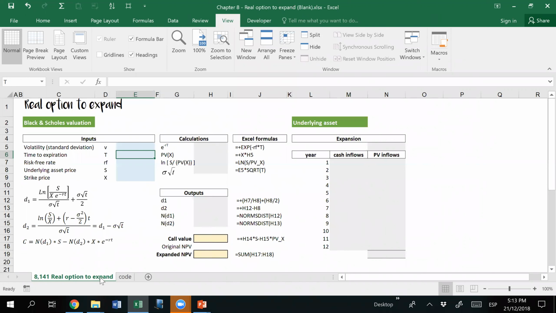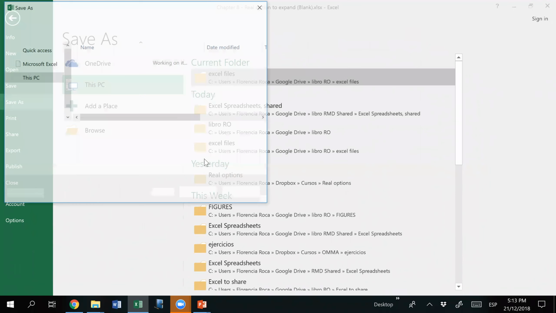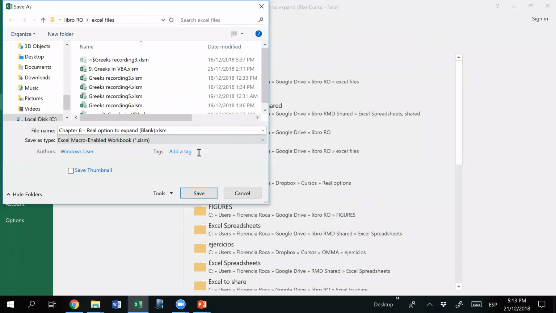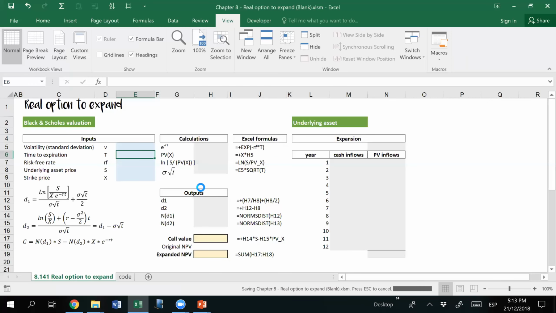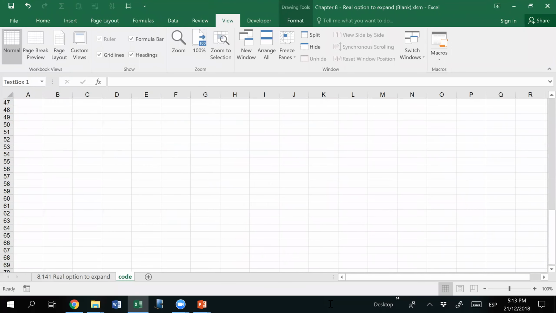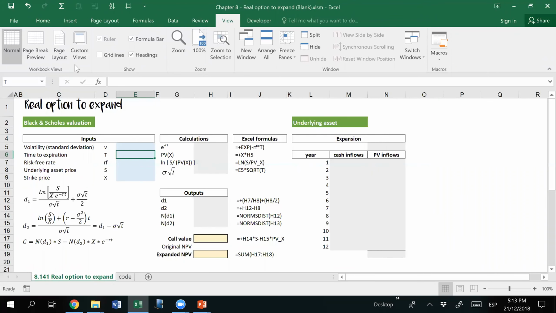Okay, finally, before we leave this, in case you would like to include simply code for the Black-Scholes formula, make sure you save the book as macro enabled, like this, Excel macro enabled. Then to avoid all these calculations, you simply copy the code. You can find it in the book. There's another video with explanations step by step about how to write this code, but just copy the code,